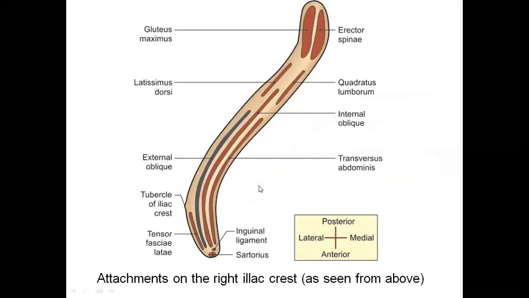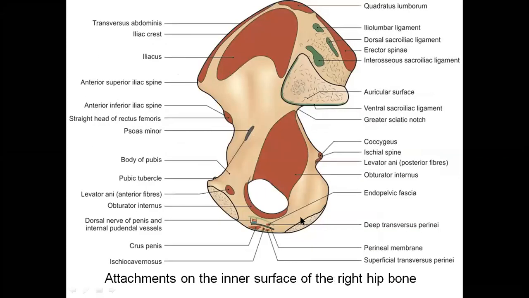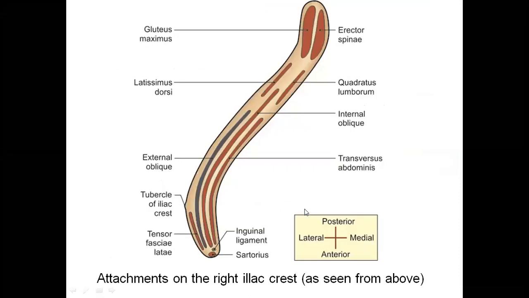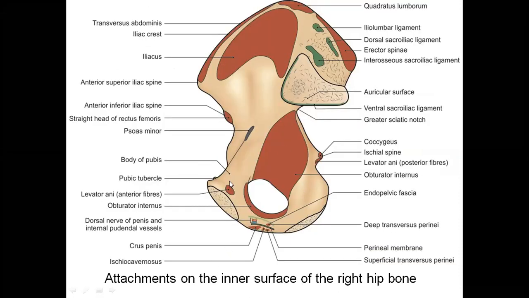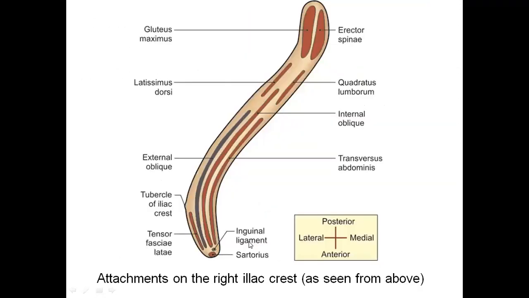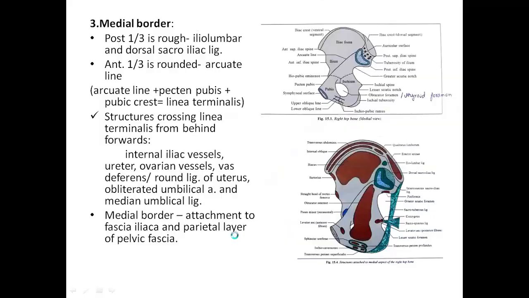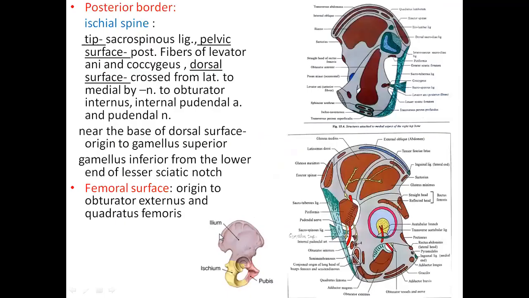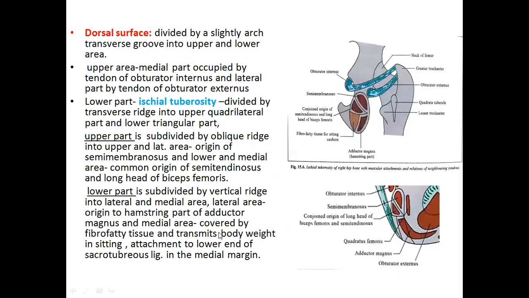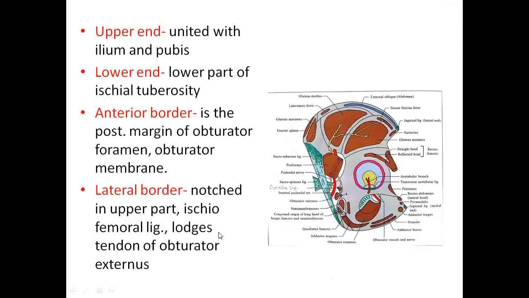After knowing these details, now see again, if you observe, this is the pelvic surface of the hip bone, and this is our ischial tuberosity, and this is our ischial spine. Very close to the ischial spine, on the pelvic surface, what are the muscles we are seeing? Coccygeus is originating, levator ani posterior fibers are originating. Please retain this information in your brain, and take the help of the textbook while listening to this lecture, so that simultaneously you can open the textbook picture and study. It becomes easy.